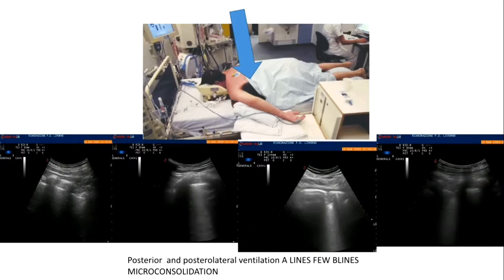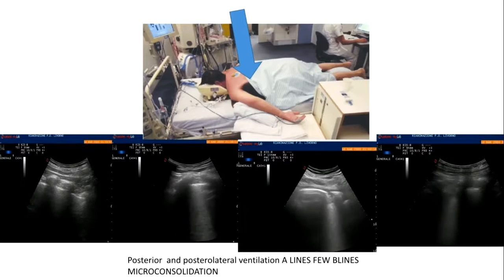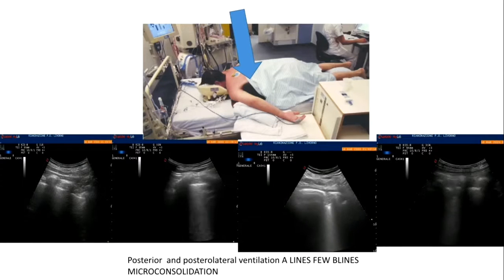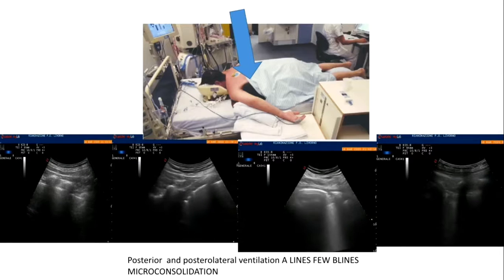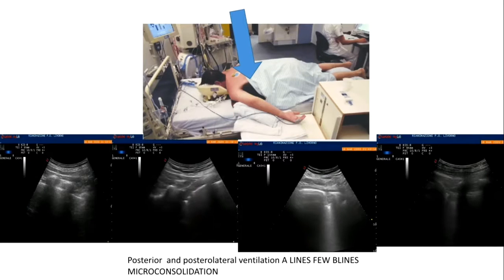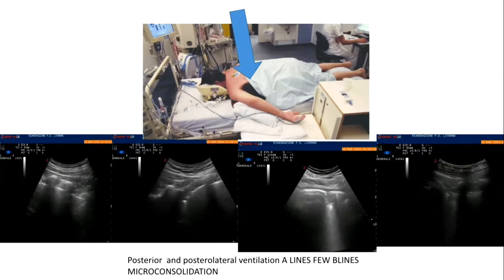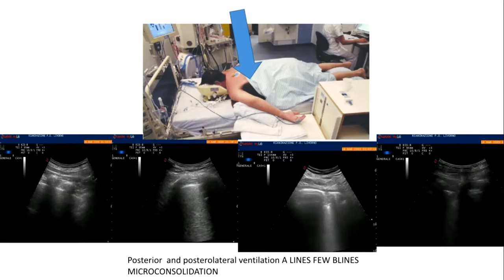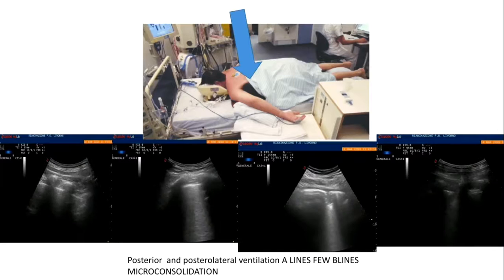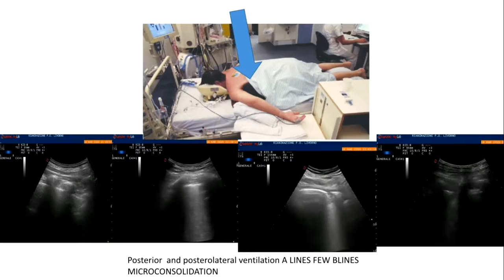And above all, another way to improve oxygenation in our patients, used in our intensive care when the condition of oxygenation is very bad, is prone positioning. And it's interesting to see that when you put a patient in prone positioning, you can have a recruitment of the dorsal part of the lung, the basilar part of the lung. You can see in the ultrasound image down there are micro consolidations of the pleural line, but you have